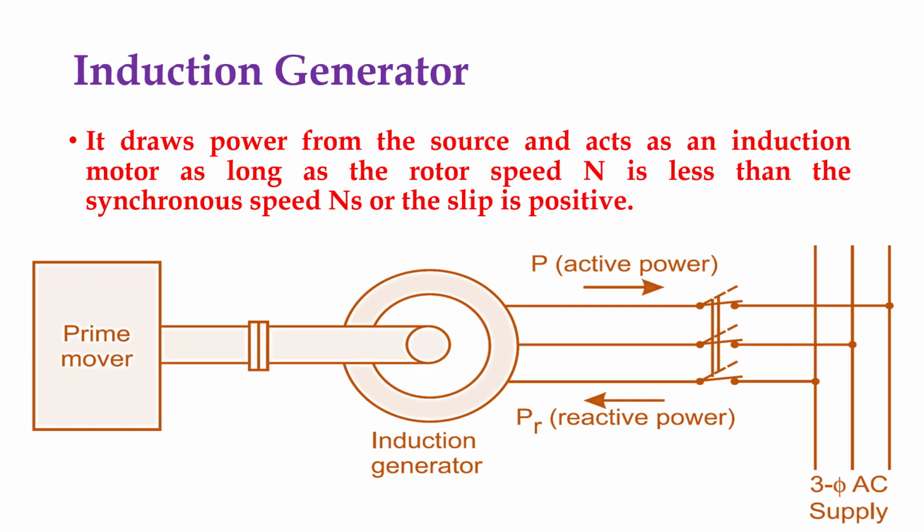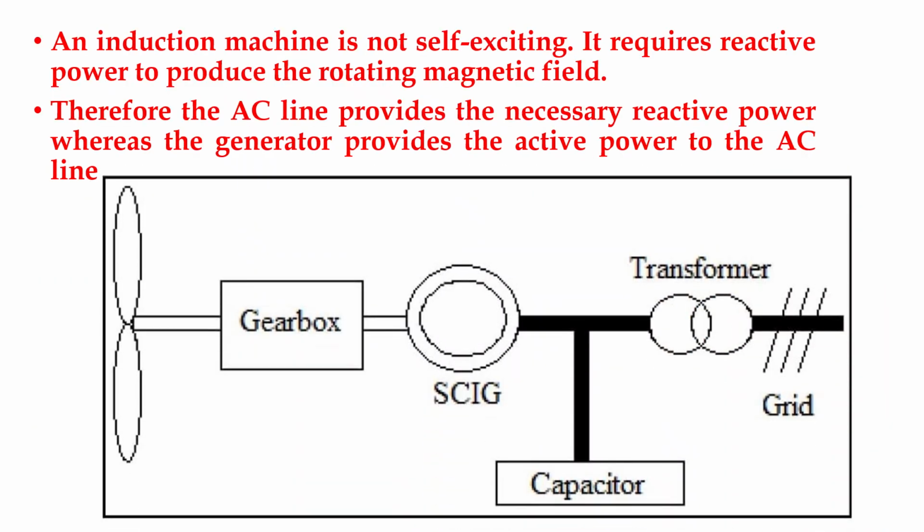So how do we get the reactive power? By getting power from the grid, or else we can keep one delta connected three-phase capacitor along with the stator, so that this capacitor will supply the reactive power that is sufficient to produce the stator flux. That flux will be cut by the rotor and the induced current will be supplied to the grid. This is the process of an induction generator, and mostly this is applied to the